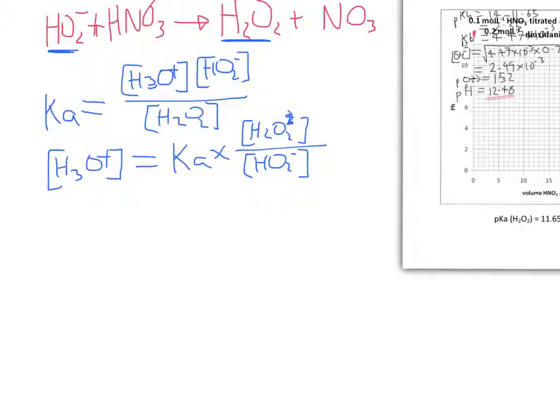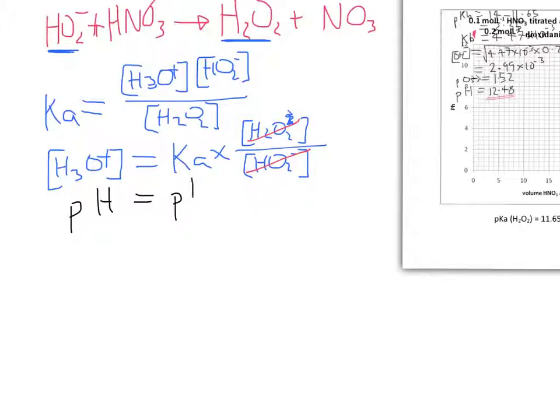Okay, what we can do here, these two, remember, have the same concentration, so we get H3O plus equals Ka. We can rewrite this and take the negative log of this, and we get the pH equals